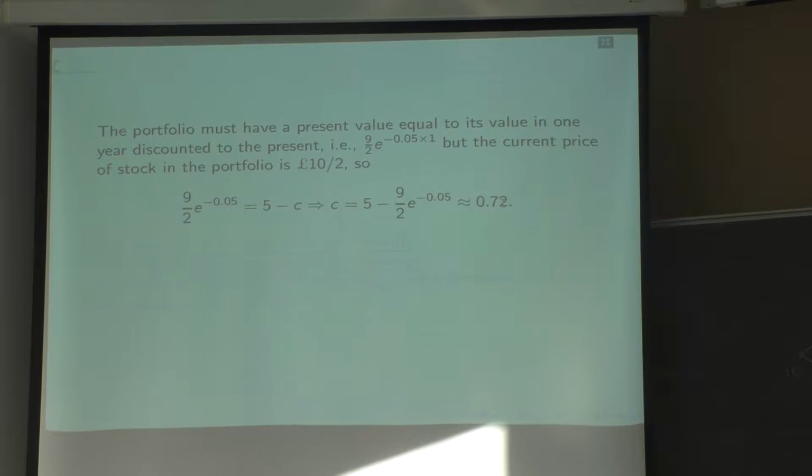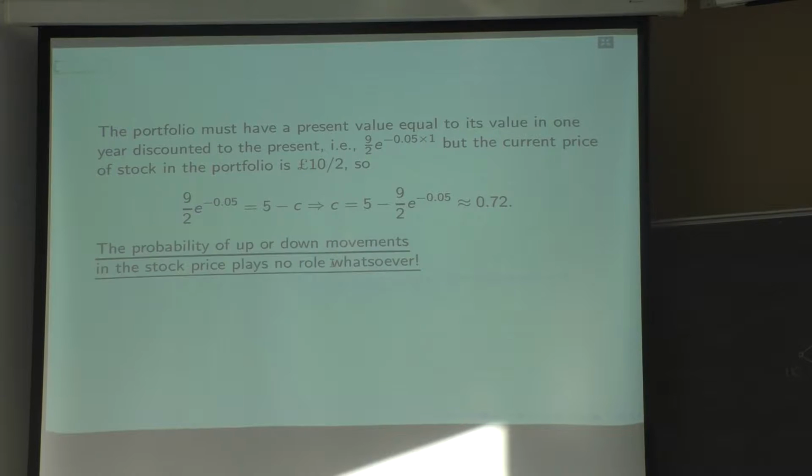So we look at this calculation and we say, who was willing to pay more for this, Mrs. X or Mr. Y? Well, the answer is nowhere in this calculation did we use the beliefs of Mrs. X and Mr. Y about the future. We didn't take into account how probable they think it is that the share price is going to be 11 in a year. So they're both willing to pay the same, and in fact we know exactly how much they're willing to pay. It's that number we just calculated.